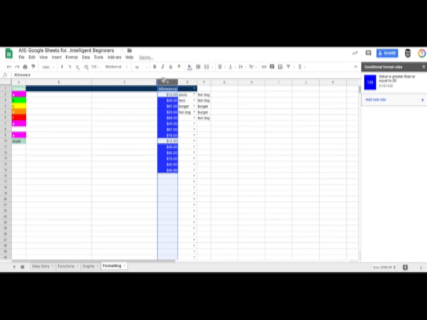If I want to rearrange these, I can always right click and delete the column, bink, and now that one's gone. Notice, by the way, it renamed everything here. If you have any functions that are tied to certain column names, don't worry. If you delete a column intentionally, it will rename all of your columns and update the functions,